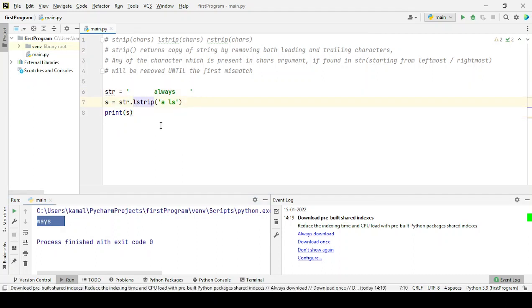The same is with the rstrip method. Instead of looking into the left, now we will look into the right side. All the concepts are the same, but now it will look from the right side. We have passed a, space, l, s in the rstrip method as arguments. So it will look from the right. All the spaces will be removed because we have passed a space also. S will be removed because we have passed s also. Y will not be removed because we have not passed y in the characters. So it will break at this point and it will print all these things. Let's try to run this out. We can see it's printing all these.